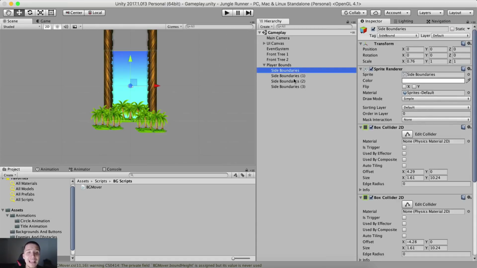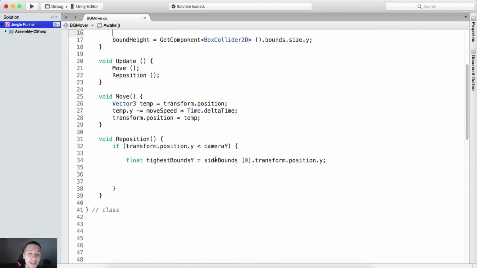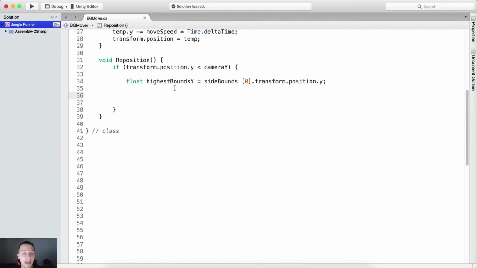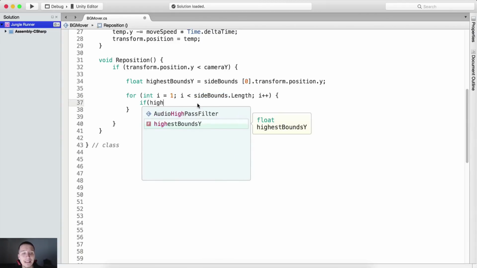Now, my point is that it will not get them in this order, so the last or first element will not always be the one with the highest Y position. Instead, we need to compare the values. So here we are going to say for int i, which is equal to 1. Why 1? Well, because here we used index 0. We don't need to test the element that's at index 0. Instead, we're going to test other elements. So for int i equal to 1, i is less than sideBounds.Length, i plus plus. So we are going to filter through the array and we're going to test if the highestBoundsY,